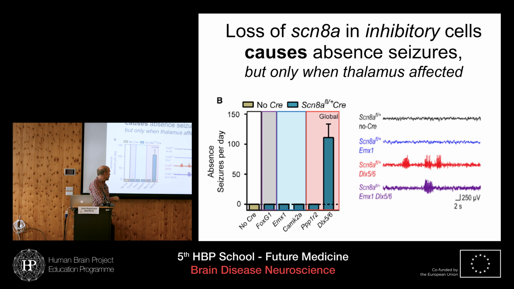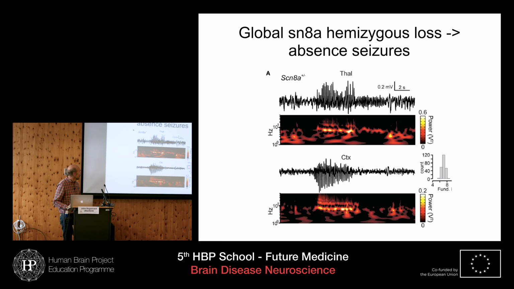So this result between these two really makes it seem like it's changes in excitability in the reticular nucleus, those inhibitory cells in the thalamus that are responsible for this epilepsy. And that's what Chris came to my lab to try to understand. So here's first the electrical phenotype of these animals.